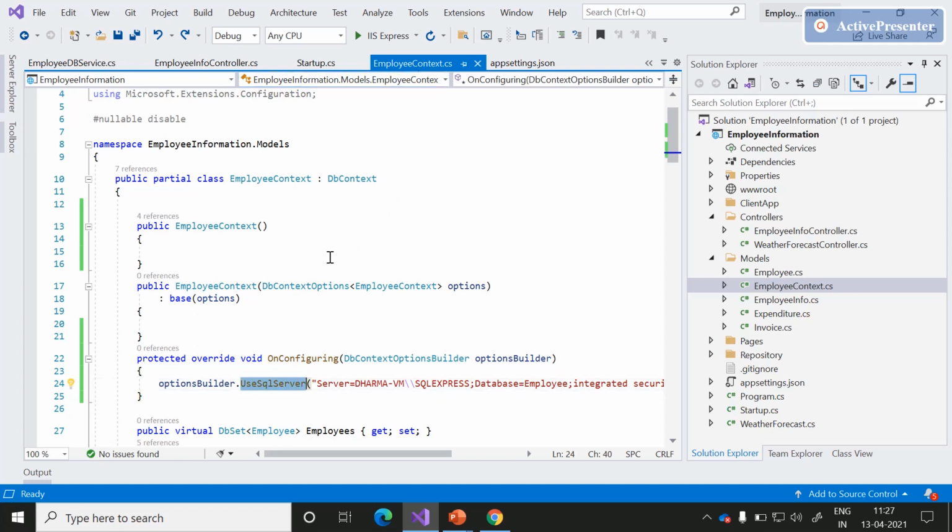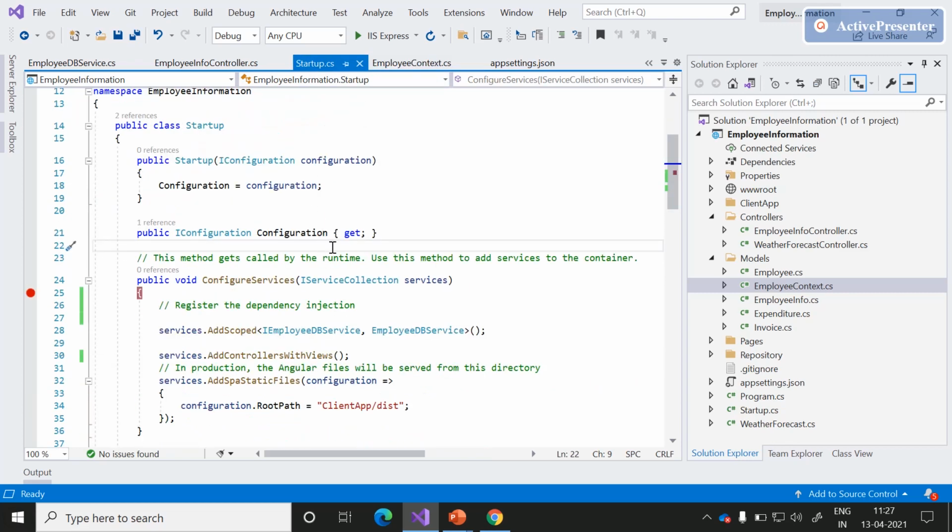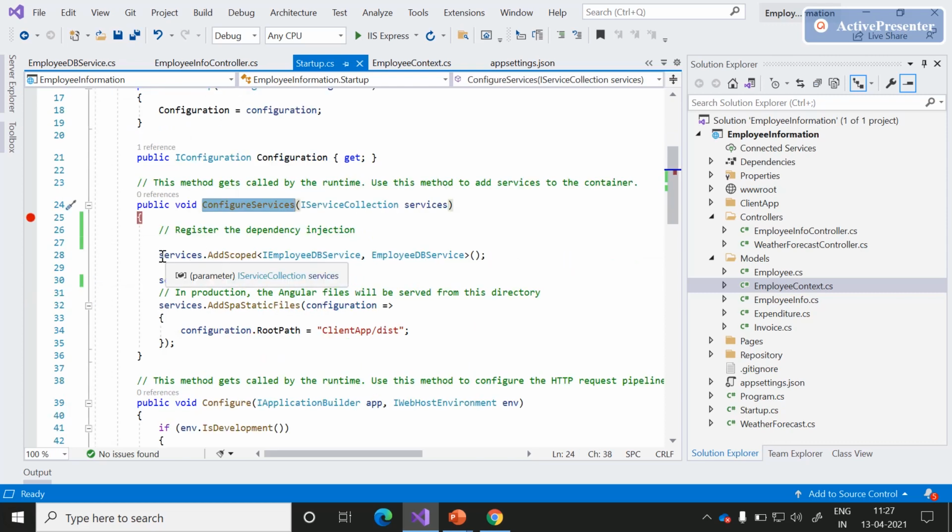in employee context.cs. In ASP.NET Core, the best and sustainable approach is to configure this employee context in startup.configure services as a middle layer component. If you observe this, we are already familiar with dependency injection in ASP.NET Core. This statement successfully established the connection between IEmployeeDBService and the contract class, that is EmployeeDBService.